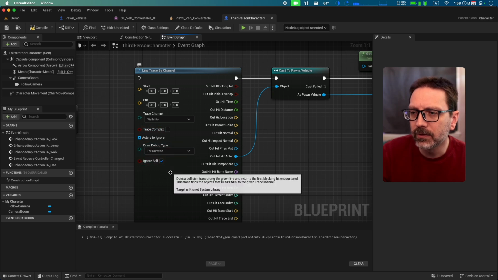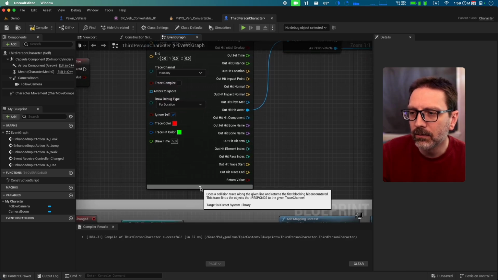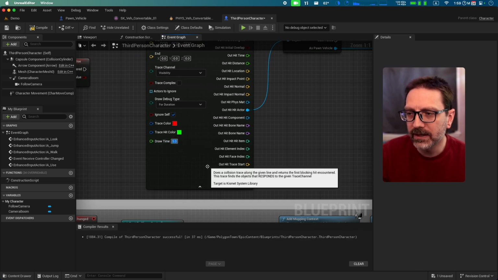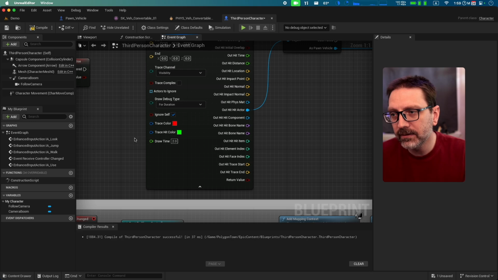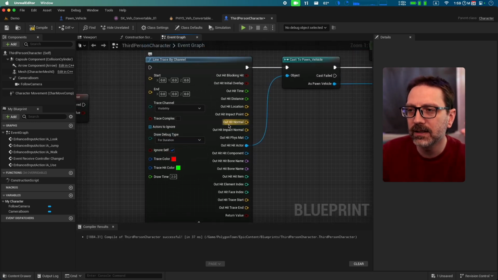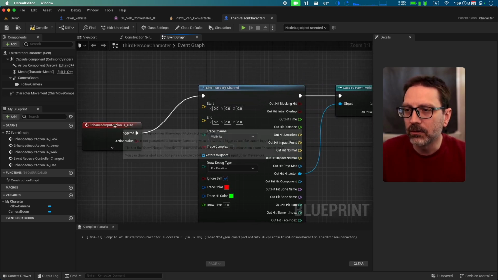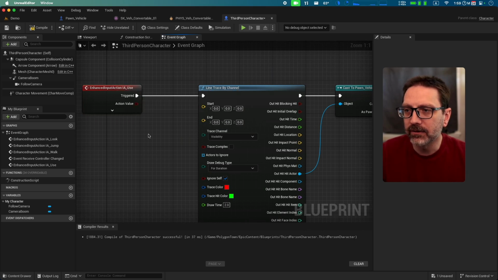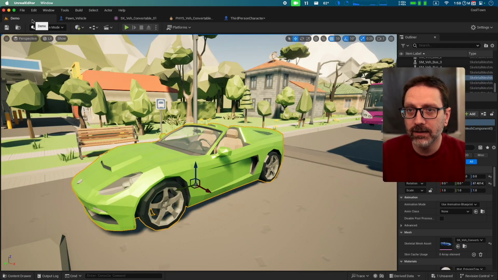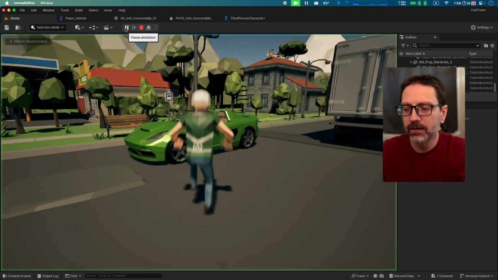So we'll do debug for duration. We'll open this up and it says 5 seconds. I'm going to set that down to 2 seconds because I want to be able to see information about where in the world am I looking when I'm hitting this button. And we'll go ahead and hook up the execution pin. So now when I compile and hit play,